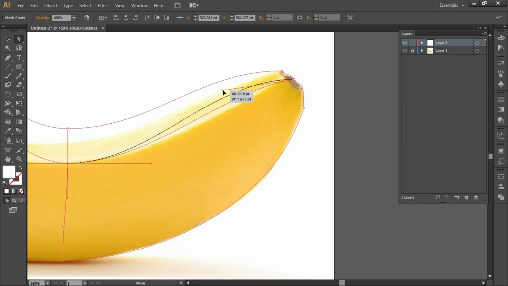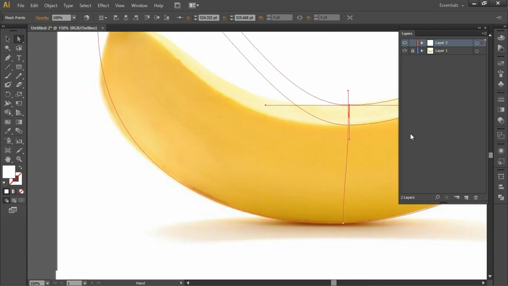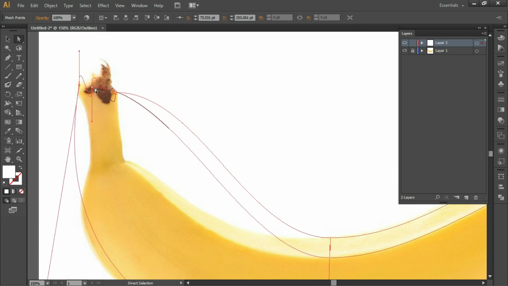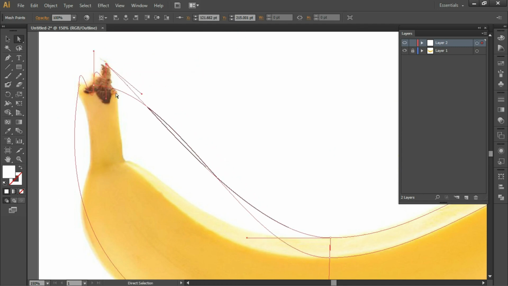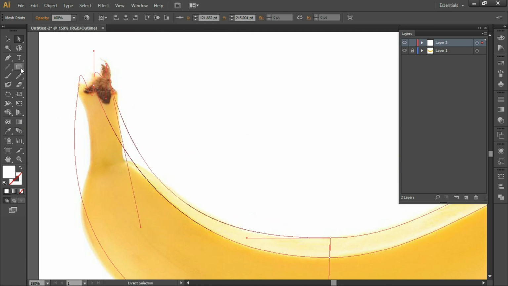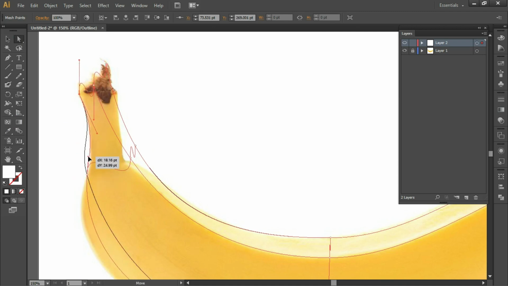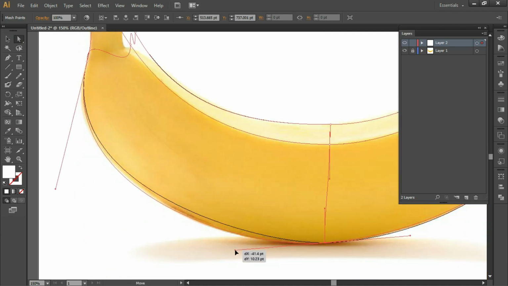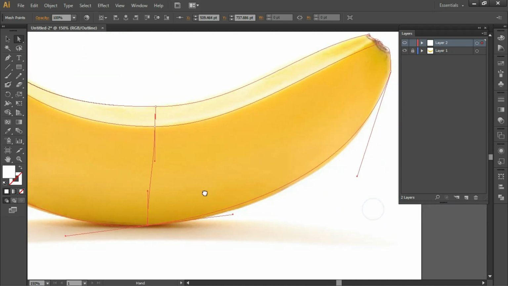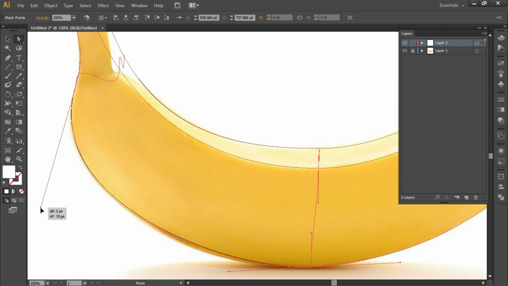If you face some problem, you can use Convert to Anchor Point tool. Shortcut key is Shift+C. So once you are done with the basic shape,